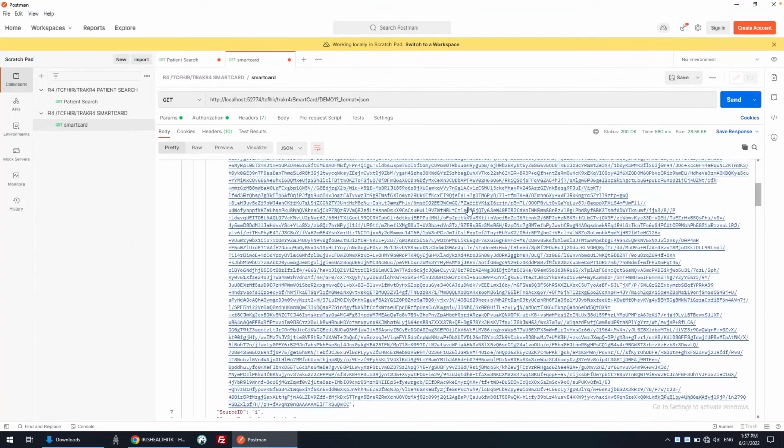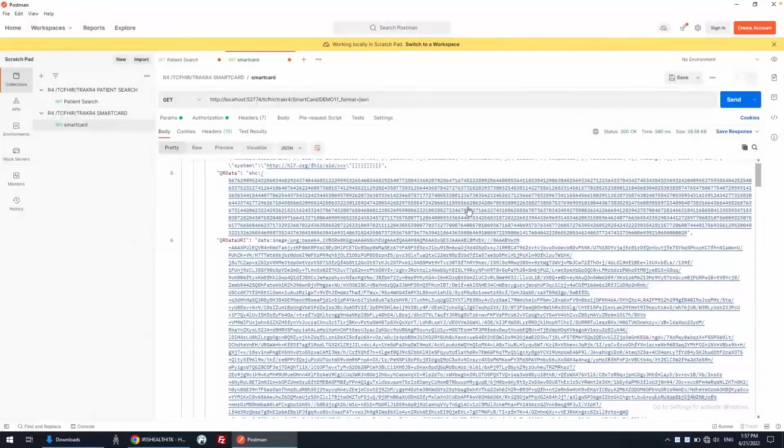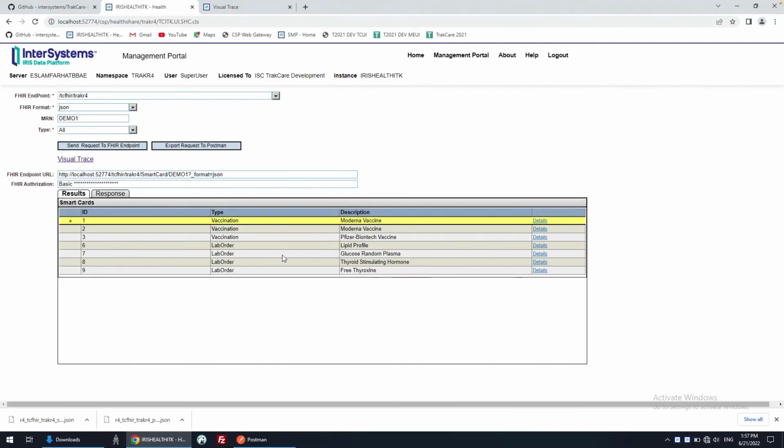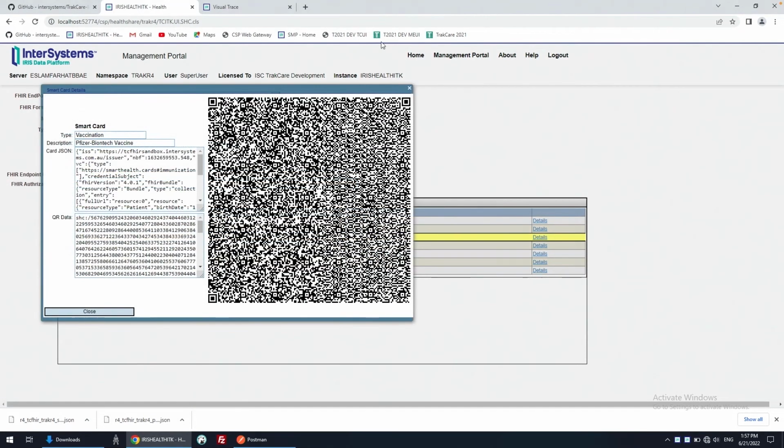Again, as an example, a typical case is in a patient portal, where you would like to show the same QR code we will be showing in the demo, so it allows the patient to scan it and store it to their phone. And this is what we will be showing now. So if I just go to something like FHIR, this one, and I click on details,